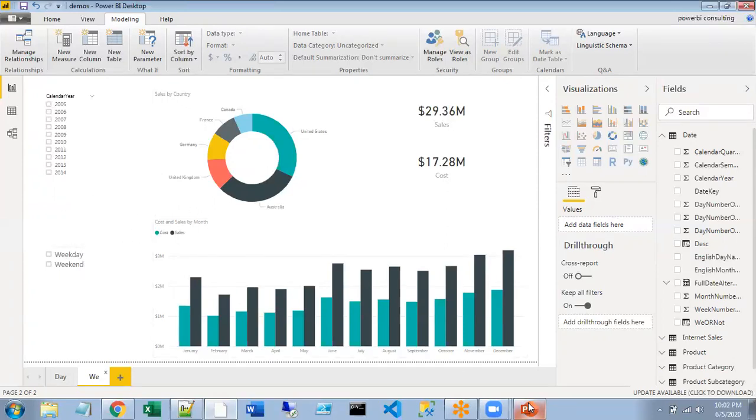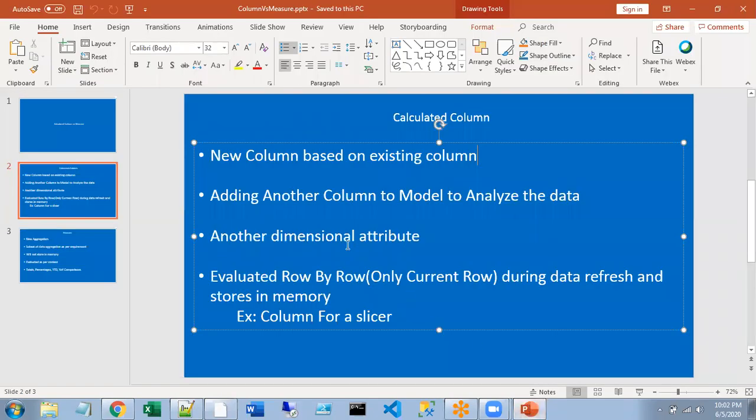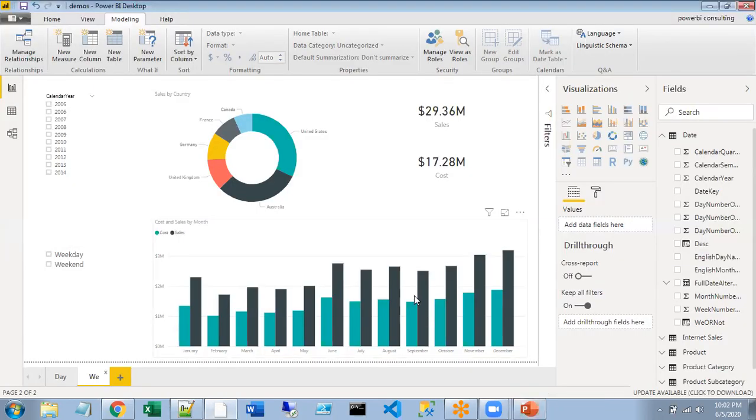It is going to be used as another dimensional attribute, another dimensional attribute that we are providing to the user to understand or analyze the data in a better way. Okay, so this is a calculated column. I can say simply, it's customizing a column for the requirement.